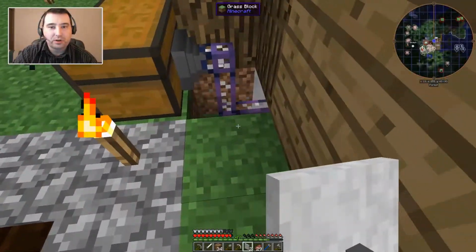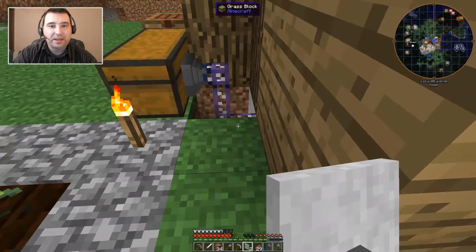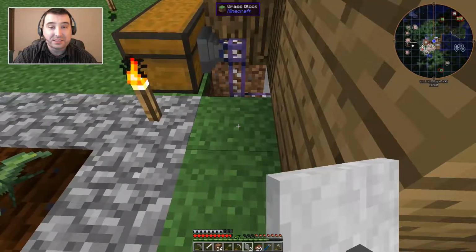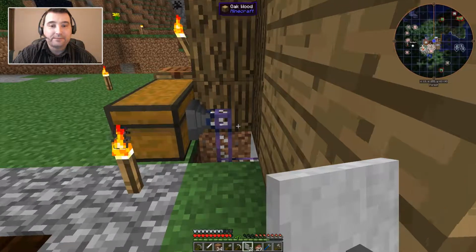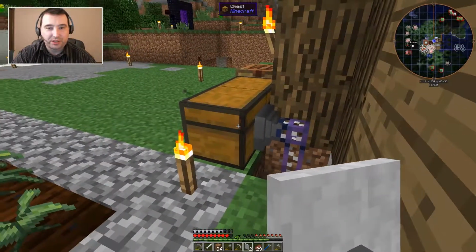Over here in the corner, I should probably add something. I can make a panel that's actually grass, or I could do something else. The question is, what do I think is going to look best? What's probably going to look best, actually...